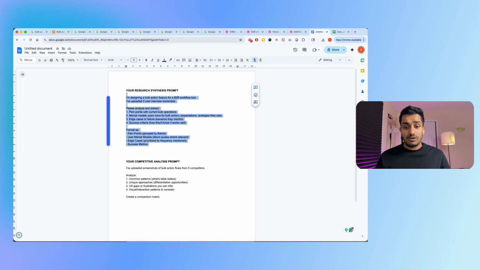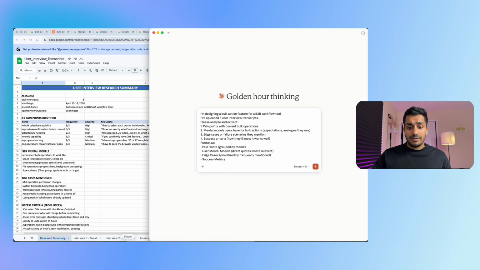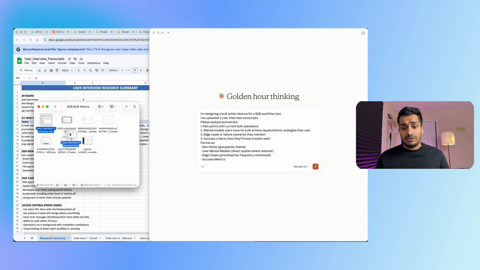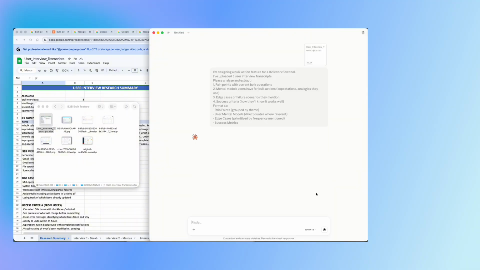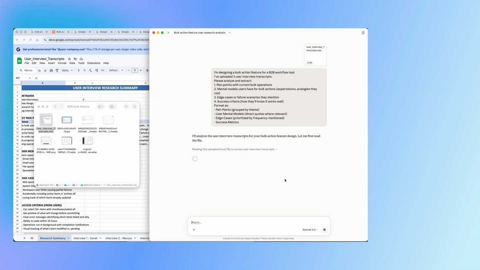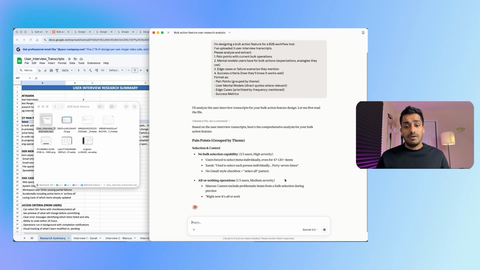So here are the 3 files. I'm going to copy my prompt. Here's what the prompt looks like. I'm going to copy this and let it run for a second. Okay, look at this. In a minute, Claude has grouped all the pain points by theme, pulled out all